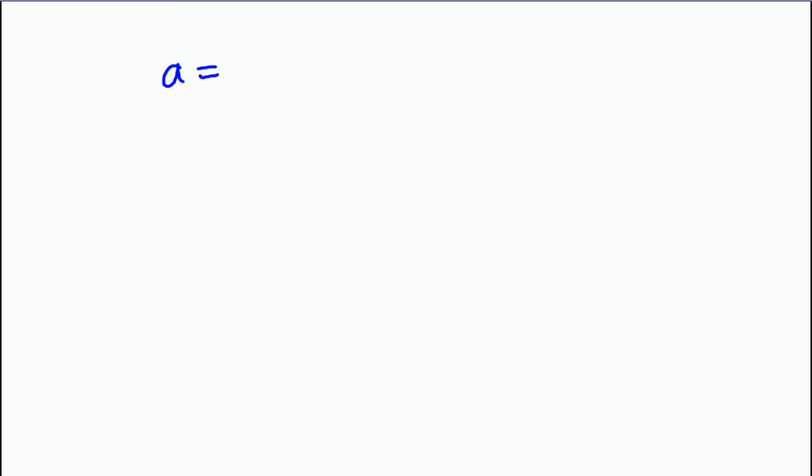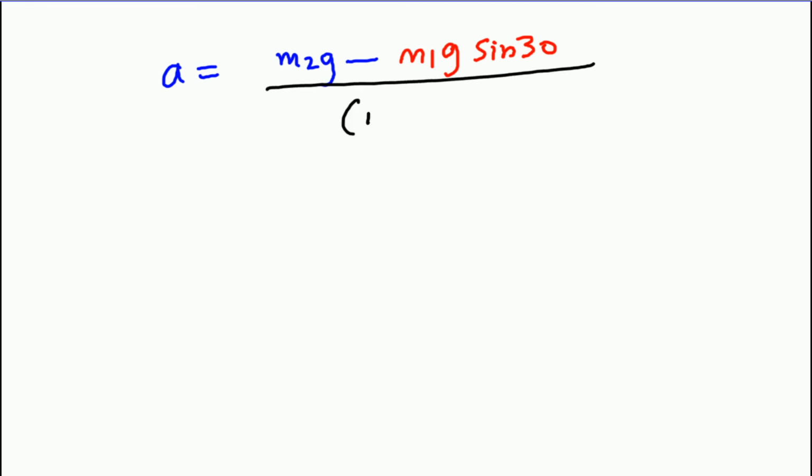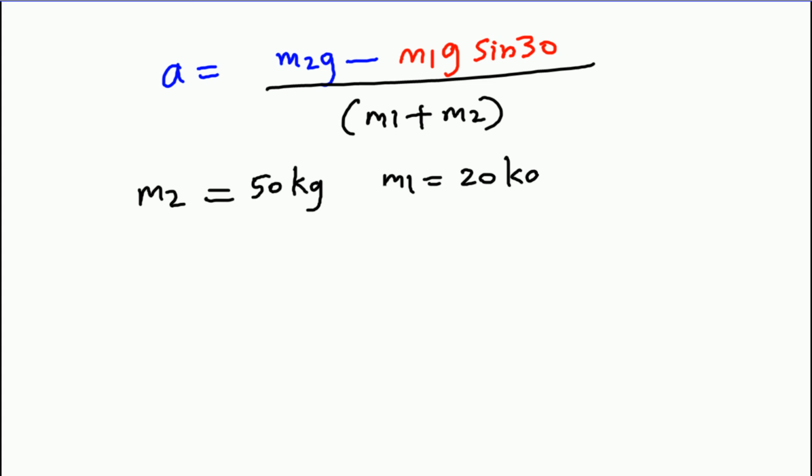So A equals M2G minus M1G sine 30 over M1 plus M2. Don't forget, M2 is 50 kg, M1 is 20 kg, G